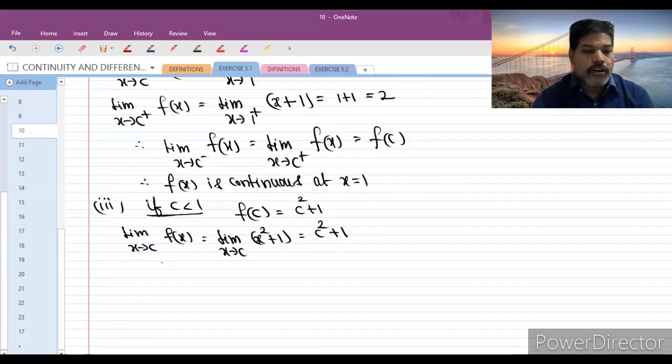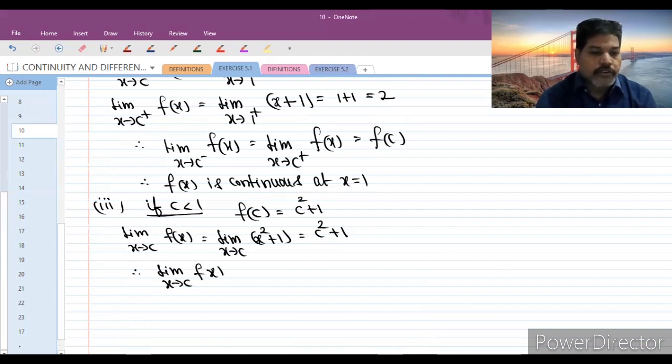Therefore the limit as x tends to c of f of x is equal to f of c. Therefore f of x is continuous